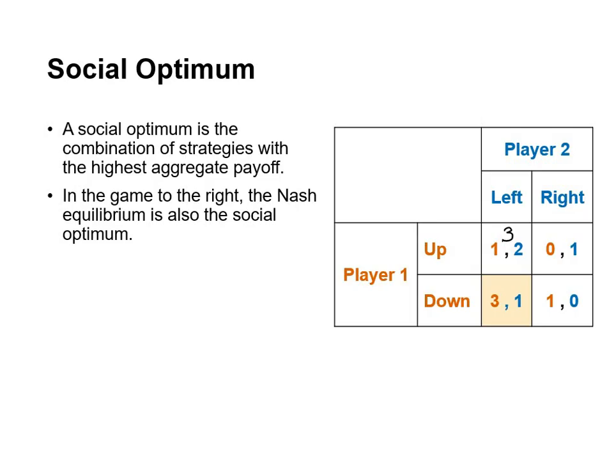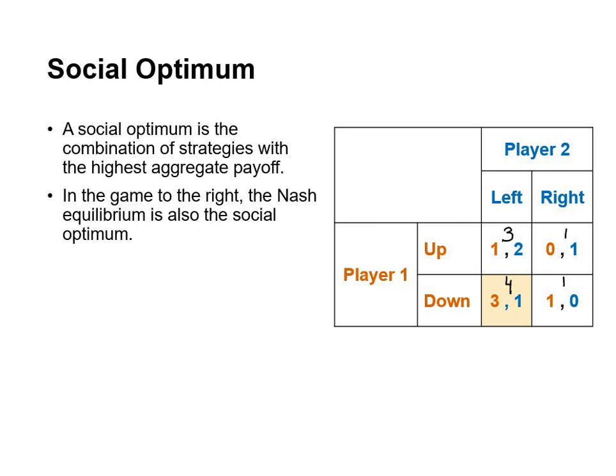For up, player 1 and right, player 2, we get only 1. For our Nash equilibrium, which is player 1 plays down and player 2 plays left, we get 4. And for the combination of down for player 1 and right for player 2, we also get only 1. So in this case, the Nash equilibrium consisting of down for player 1 and left for player 2 is not only the Nash equilibrium, but it is also the social optimum because it provides the highest